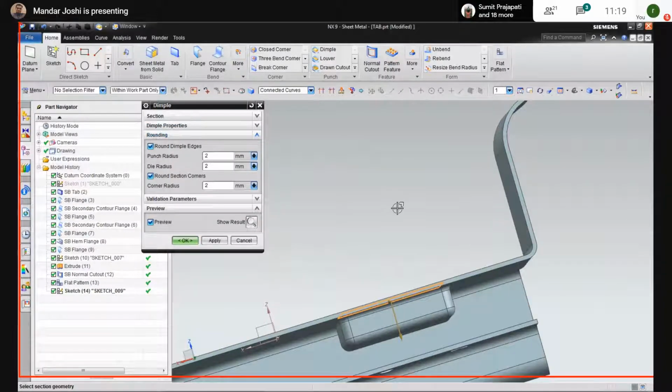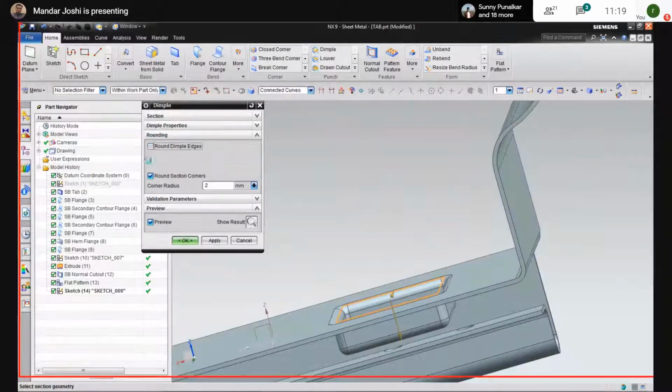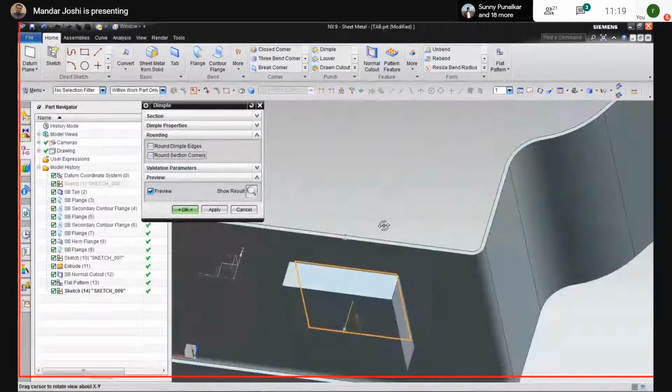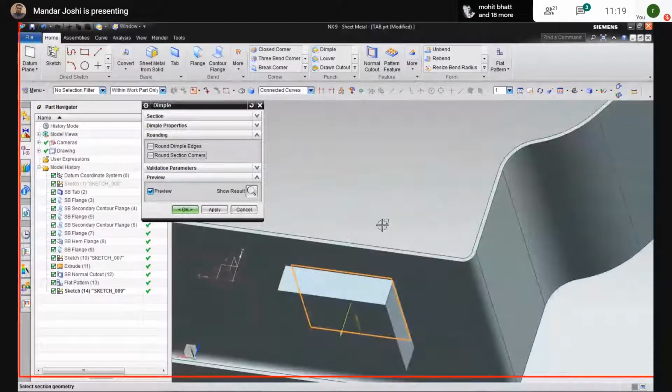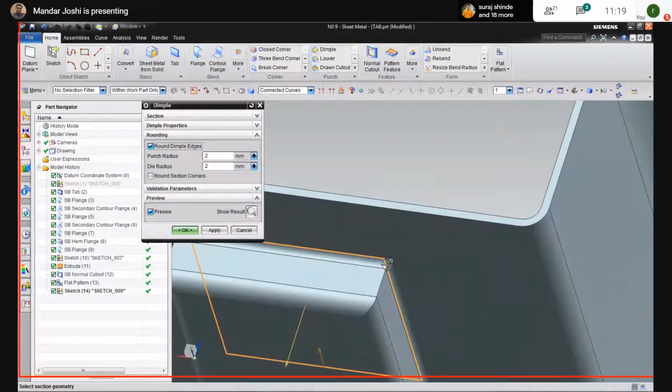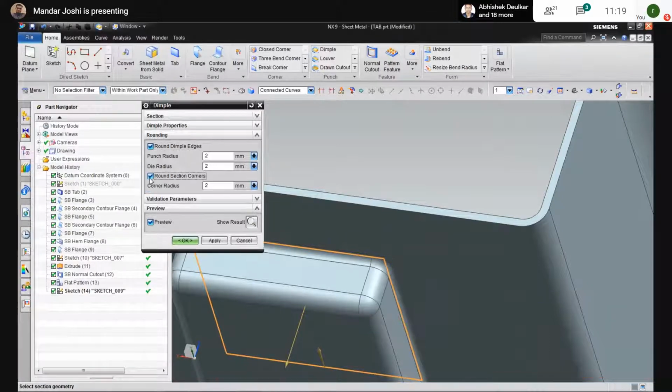Then rounding. If you don't need rounds, you can turn it off from here. A sharp depression gets created. But during the forming process, the rounds are compulsory. They need to be on. Round dimple edges. But if you see here, vertical edges are not rounded. So for that, we have to use this second option, round section corners also.